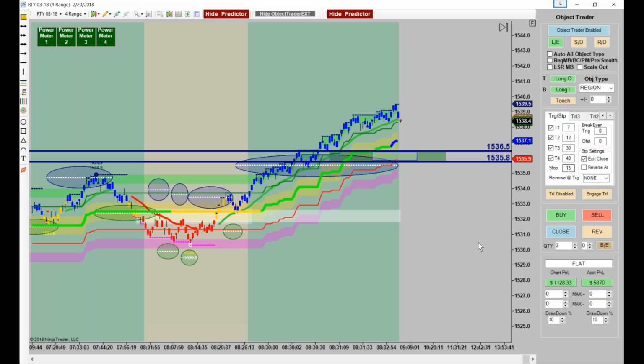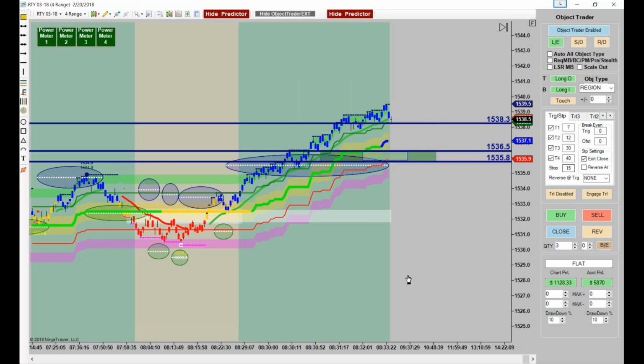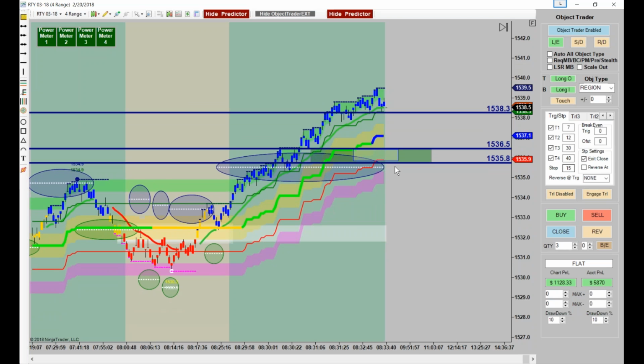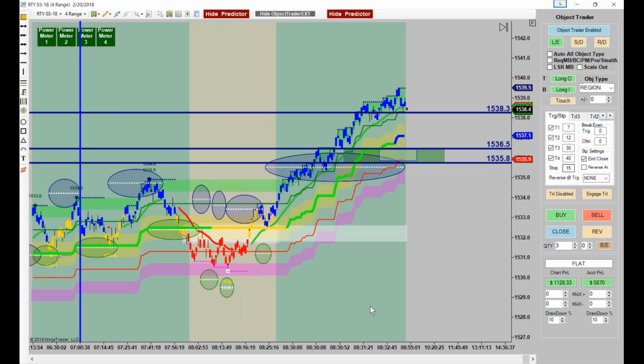Because when they break micro, now see, here's micro right here. If they break micro, they're going to go down to medium. Remember, I had my stop right here on Russell, because I don't want to give them all the way to the mid-band. What if they come down here? Well, guess what? That's where they're coming, because we know they're coming there because there's a swing there.